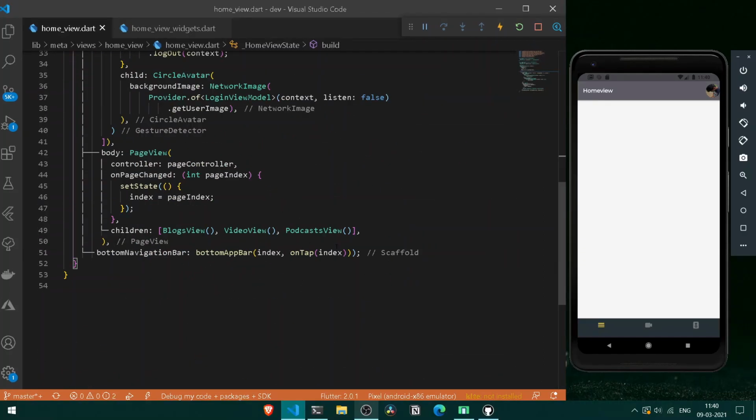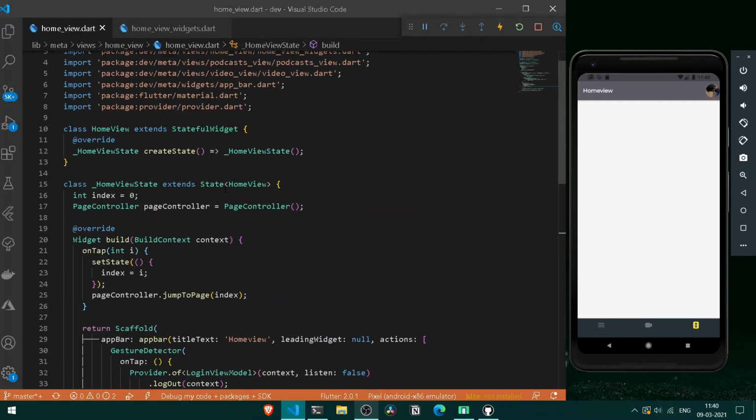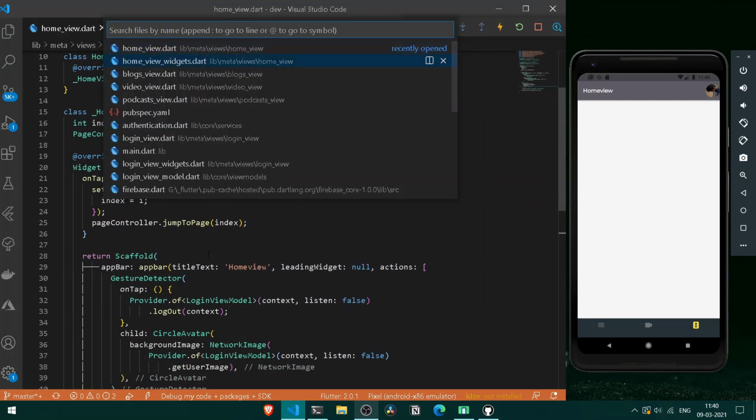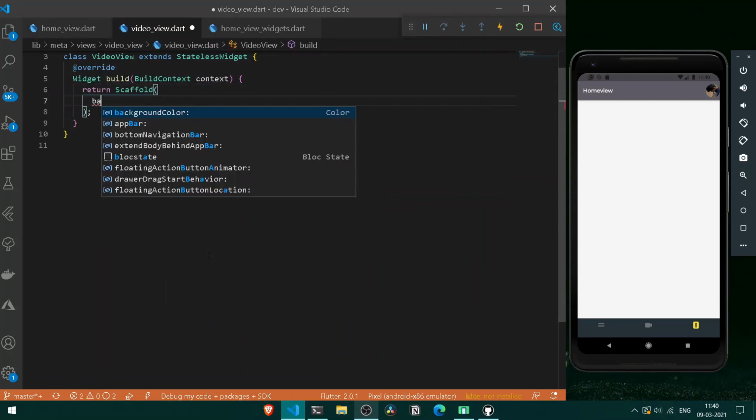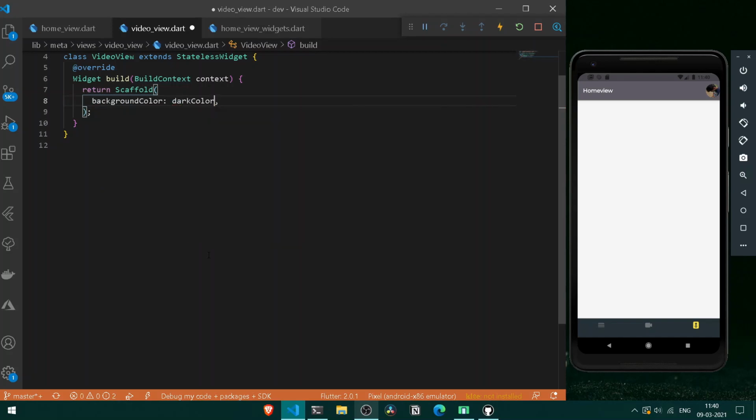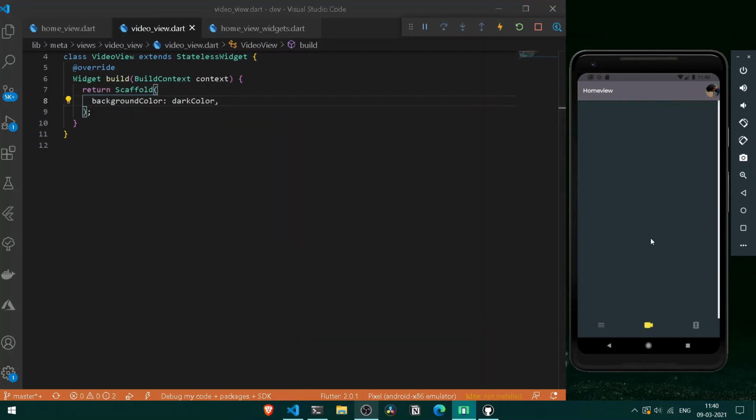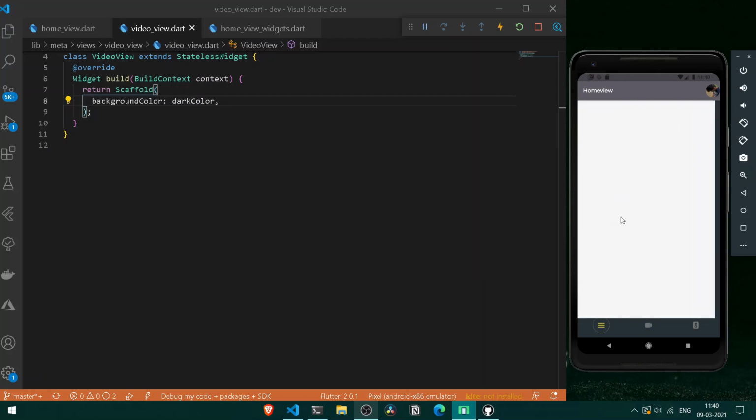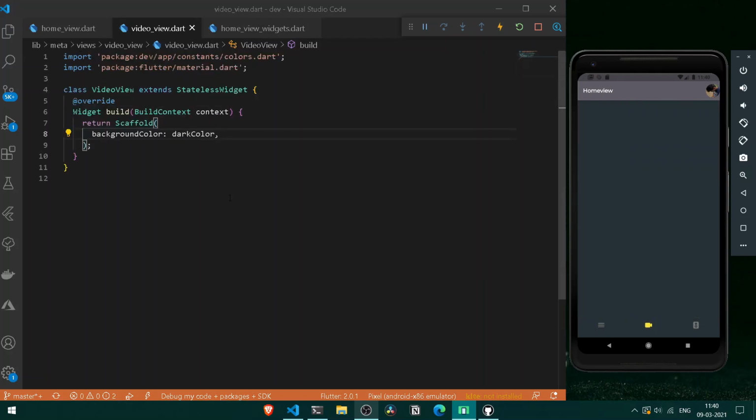Alright, so we are logged in, and you know what, after pressing over this, we are not changing our entire position. So for that purpose, let's close on the following index. And here now, after scrolling over it, we are now simply navigated to our next screen. So now we can do one thing, that is go under our entire video view. And here, first of all, let's have a background color of a dark color. And after now scrolling here, you can see we are now able to scroll between our entire pages. Congratulations.